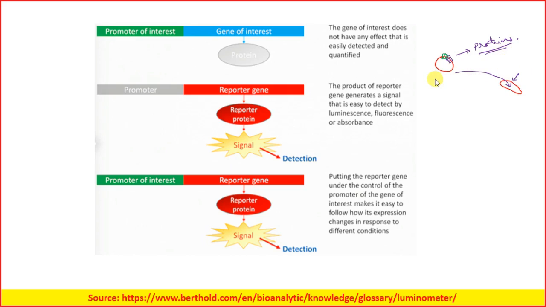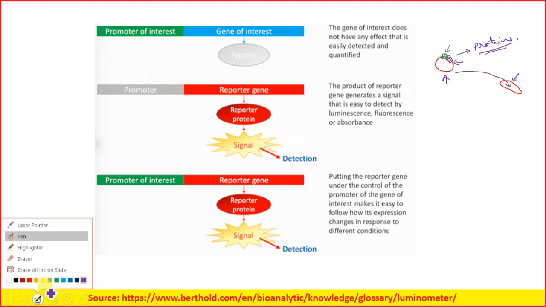But how much protein will be produced? It is being governed by this promoter. But you have developed this plasmid on your own, so you don't know how it will behave. So you need to find out how this plasmid will act. In this case, instead of using this original gene of interest, what we can do is